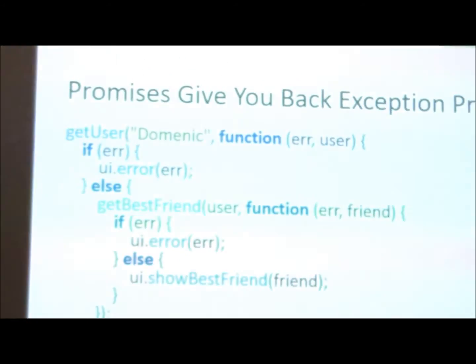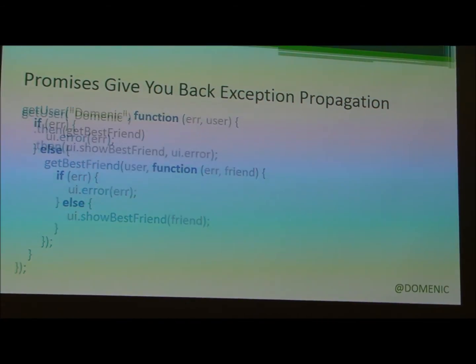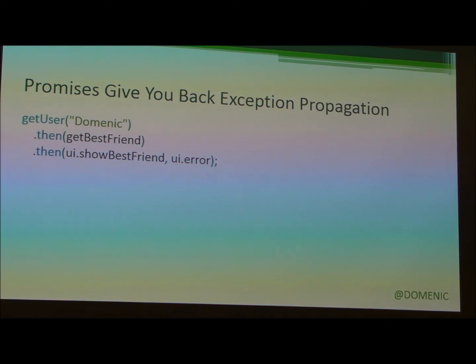Okay, cool. So to see this in practice, now that we've got the theoretical foundations down, I think we've really got them down, given the good questions asked. Promises give you back exception propagation is what I want to show you here. So this is a callback example. You bang this code out and you're optimistic, late night binge, you're like, oh, do these social graph things, it'll work great. And then you get a code review and your code turns into something like this and you're sad and you go cry in the corner. But then you think promises can save you, because they turn that code into this.